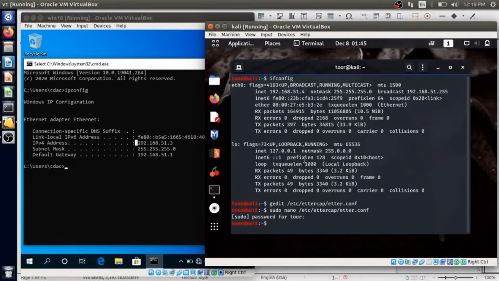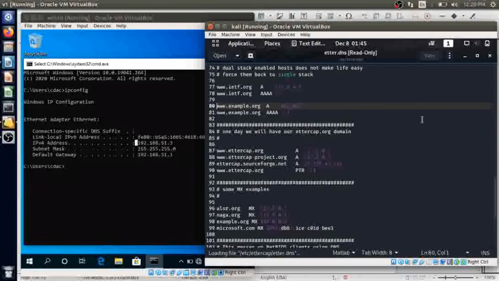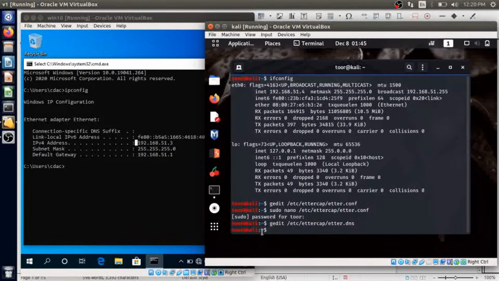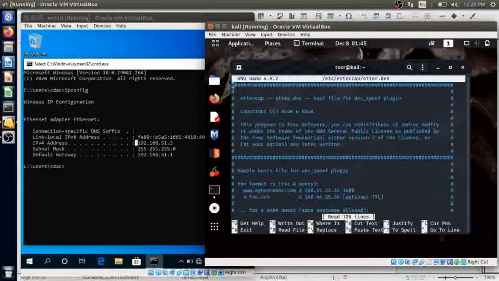Now next we need to edit the etter.dns file for rewriting the victim's request to our page. So use this command. I'm using my comfortable editor.